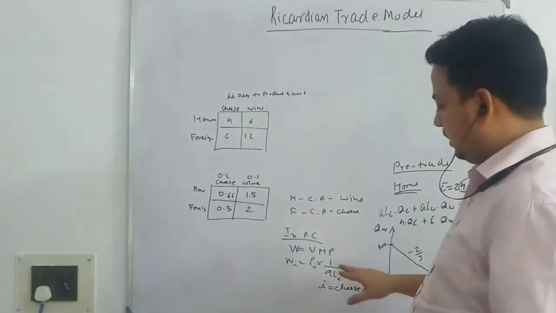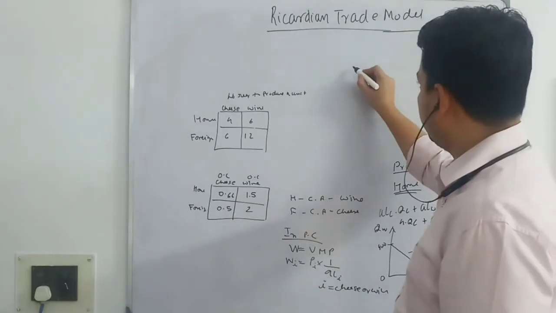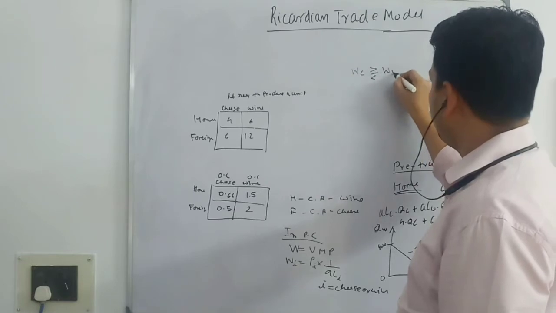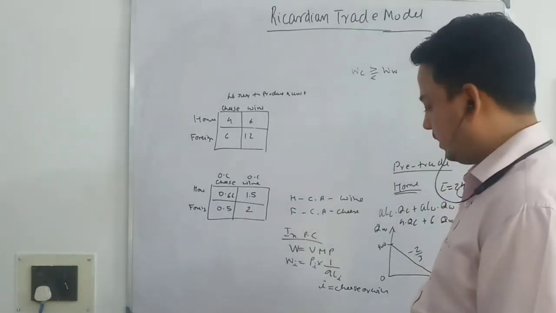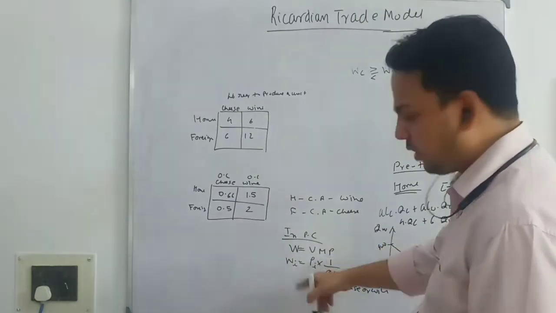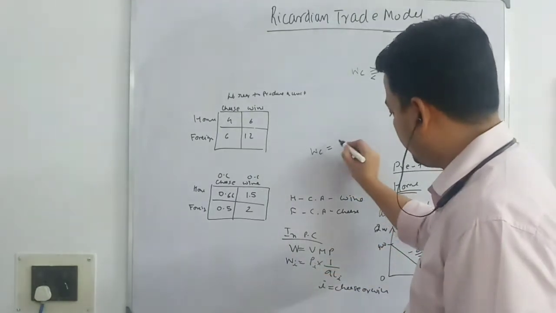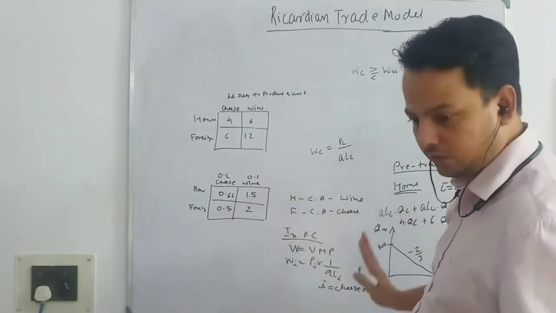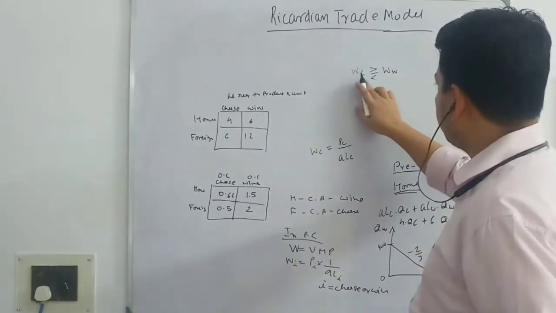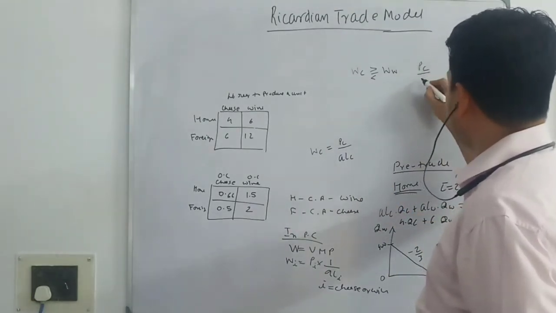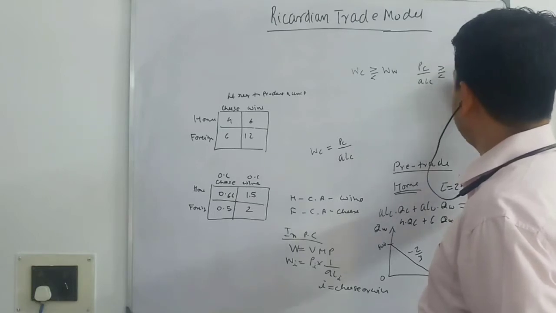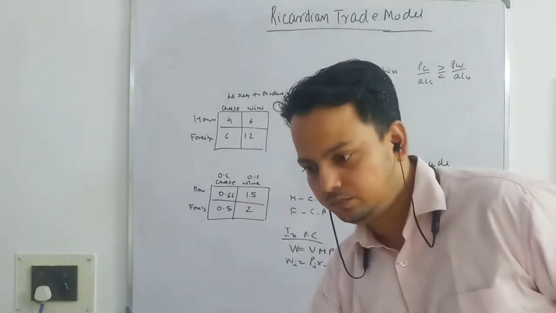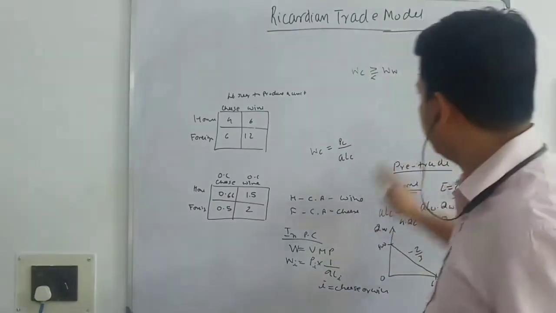Now, what we have said is that wage in the cheese sector can be greater than, equal to, or less than wage in the wine sector. Based on that, you can put it and look at it. So wage in the cheese sector is equal to price in the cheese sector over the amount of labor required to produce cheese. This you can do, so I am not doing it. Similarly, we can write price in the cheese sector over aLC must be greater than, equal to, or less than price in the wine sector over aLW. This we have done.